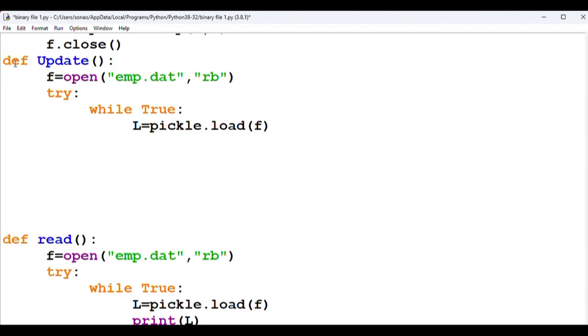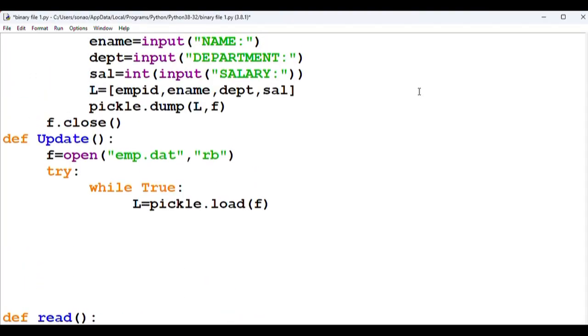Now I have to check whether the employee's department is IT or not. The first record is read and came to L. Now I need to check if his department is IT. Which cell represents department? This is 0: L[0], L[1], L[2]. L[2] represents department. So if L[2].lower()